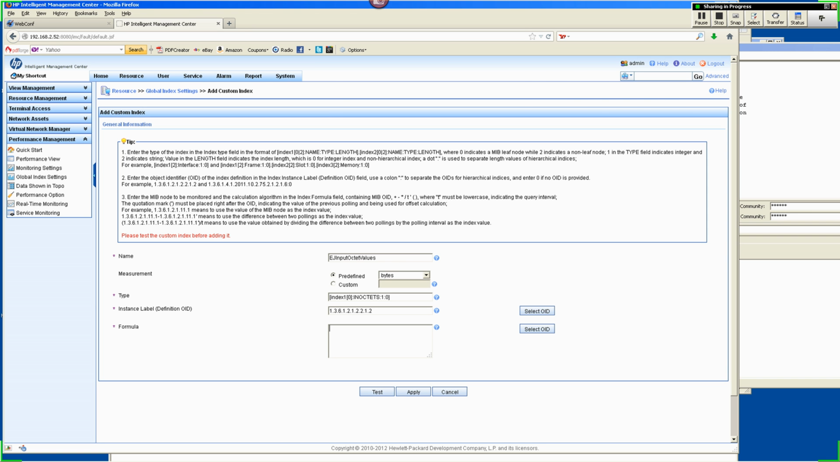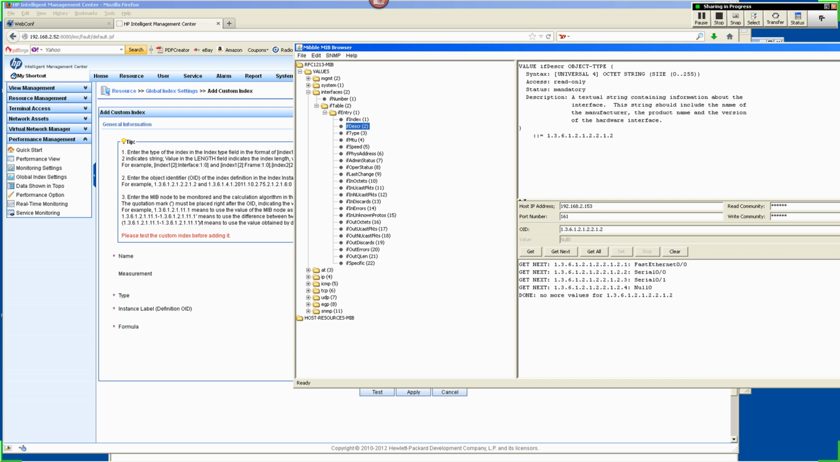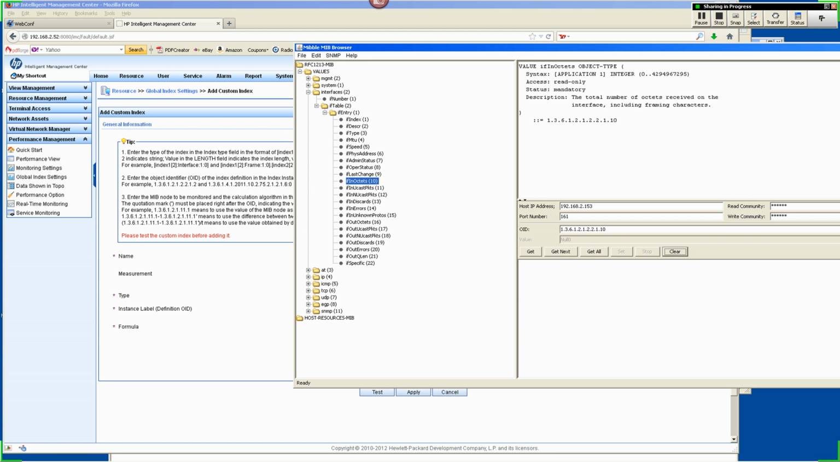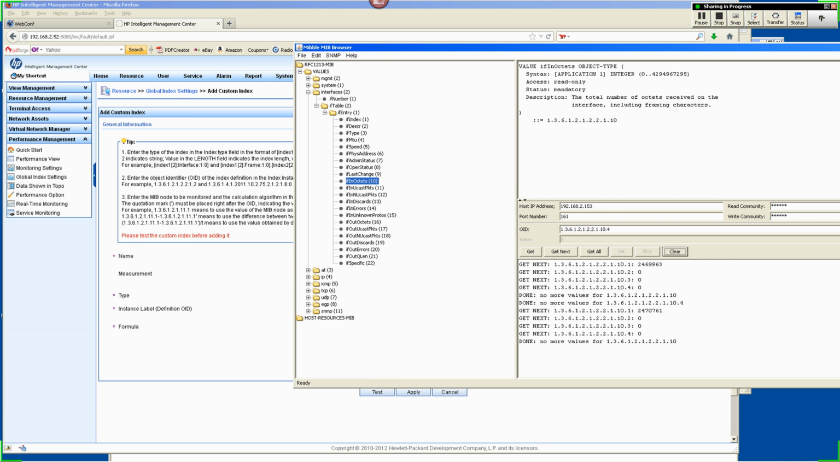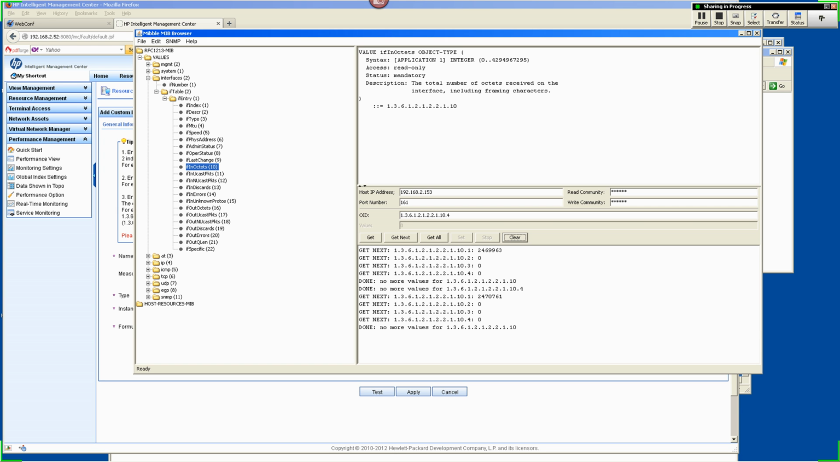Okay, now down here I'm going to put in the formula that I want to use. So the formula depends on what data you're bringing back. In the case of IF octets, in octets, so IF in octets, clear, get all,